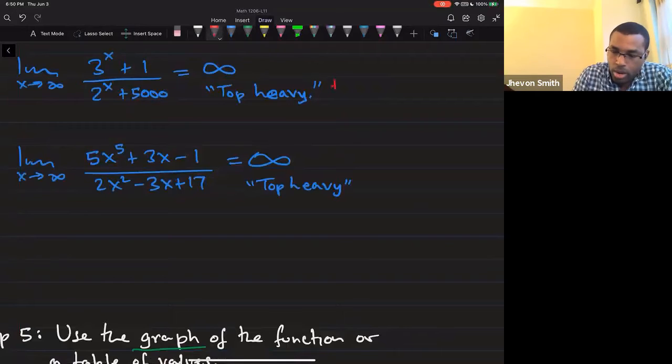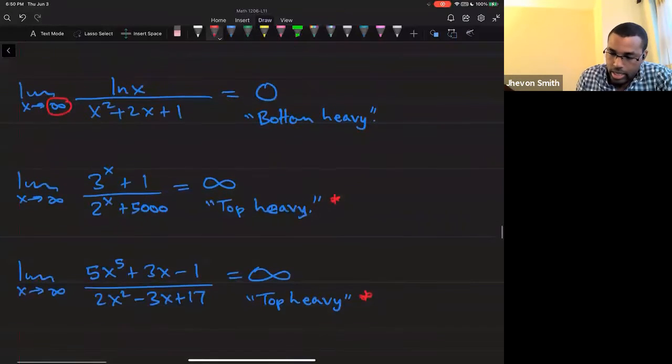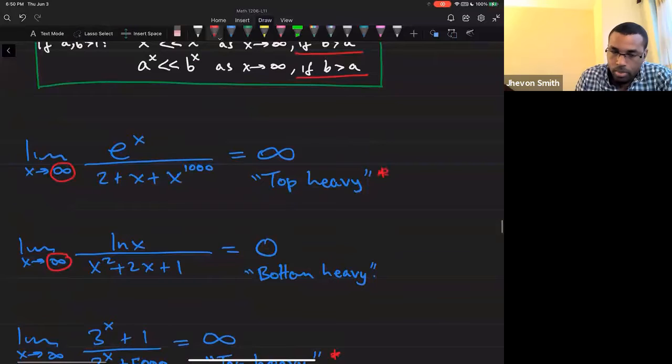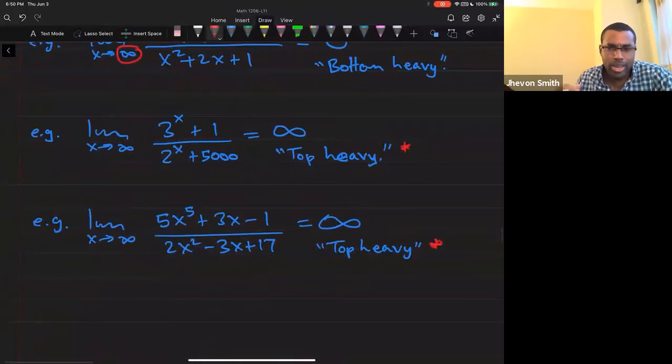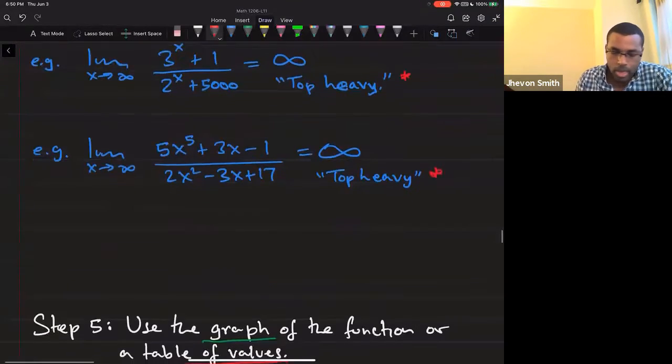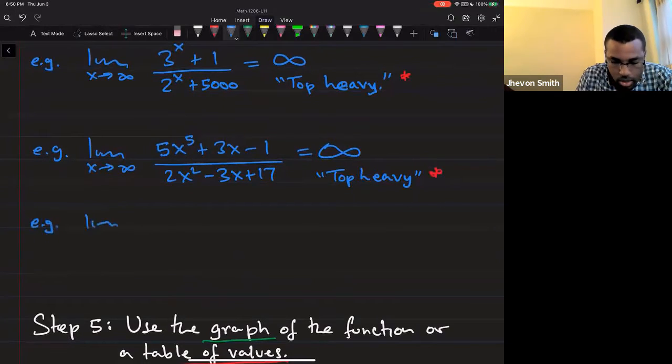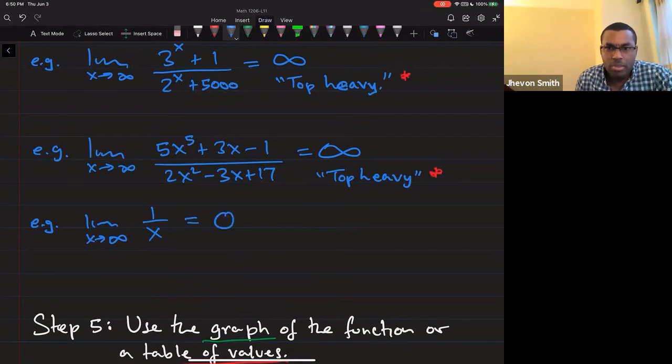There are some things to worry about with top heavy functions, but I'll get to that soon, because you could get a plus or a minus infinity, and I want you to know that you have to look out for that and know when you'd get which. But also, the guys that we saw earlier apply. So if I'm looking at something like that, you should know that that would be 0, not even from the graph, but because you know that this is bottom heavy,